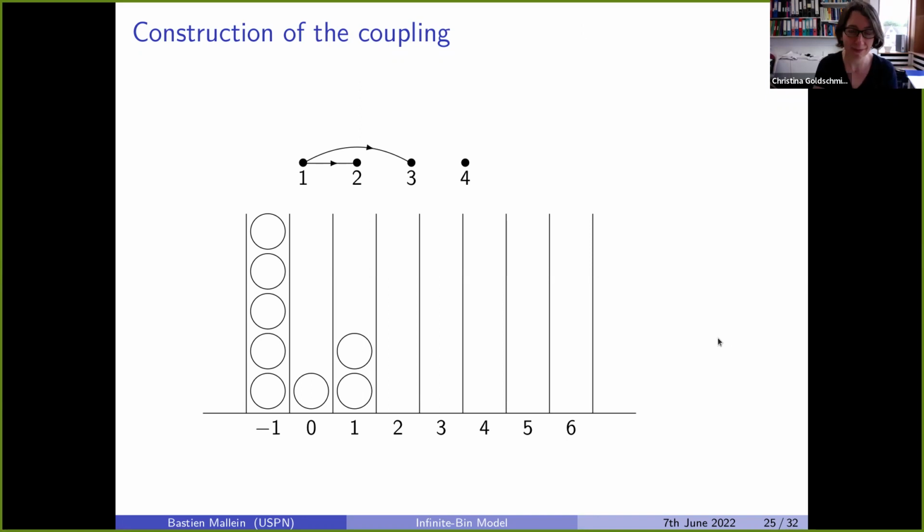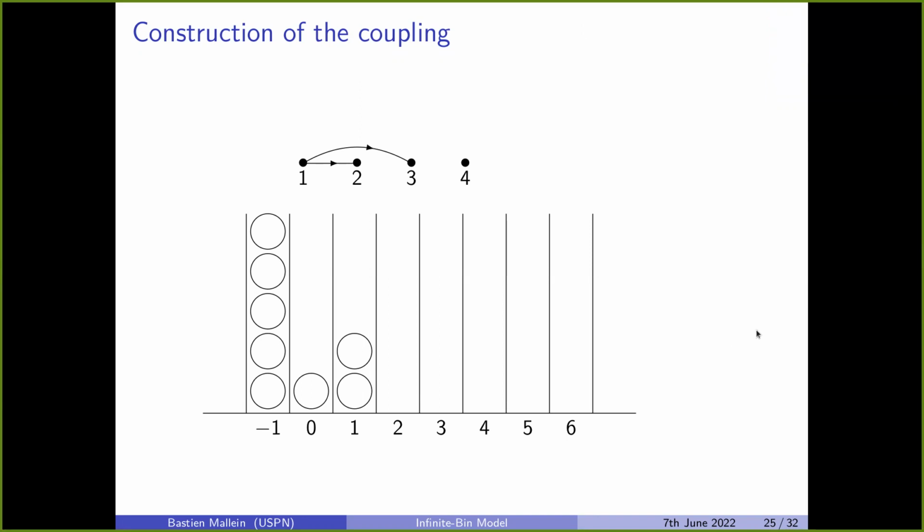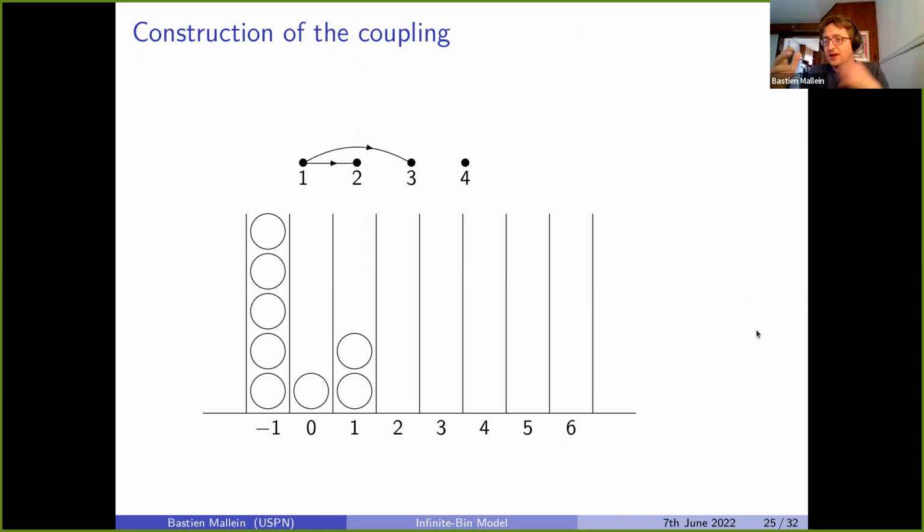Yes, Bastien, sorry. How do you decide which vertices are connected? So it's based on the definition of the Erdos-Rényi graph. For each vertex, I add a connection with probability P to every one of the previously present vertices. For example, here I had probability (1-P)^3 not to be connected to either 1, 2, or 3. Because 4 is connected to no one, the length of the longest path ending at vertex 4 is equal to 0. So I add a ball in the bin indexed 0.